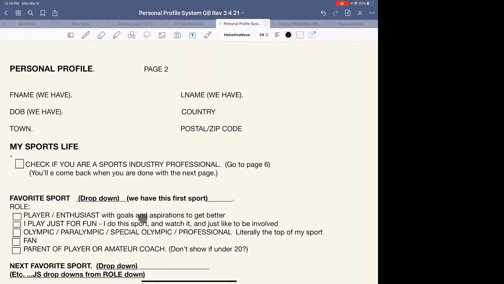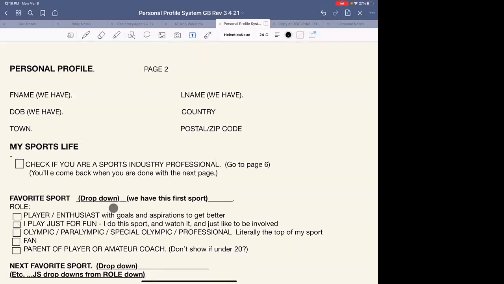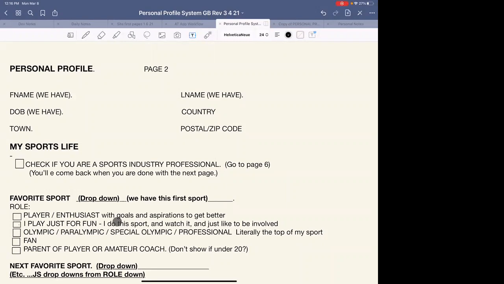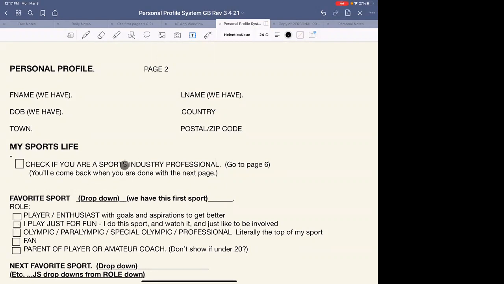I think these are the questions that, as a lifestyle versus a profession, this is where I am. And I think by asking these questions up front, you're going to get through most of the things that we're going through now. Like you can drill down from here into the high school player who has aspirations to go to college. You're going to be filling this out and then saying, am I recruitable or not? But everything else is, I'm a sports industry professional. And these are the drop downs as to what I am and what sports I'm doing that in.